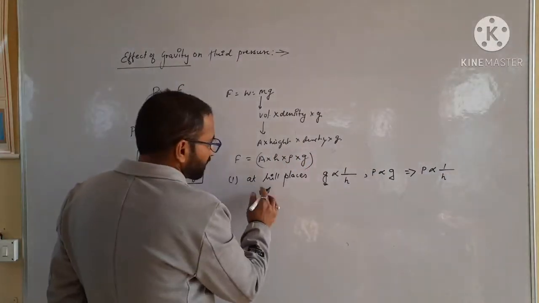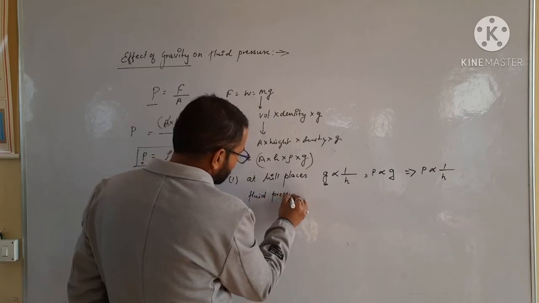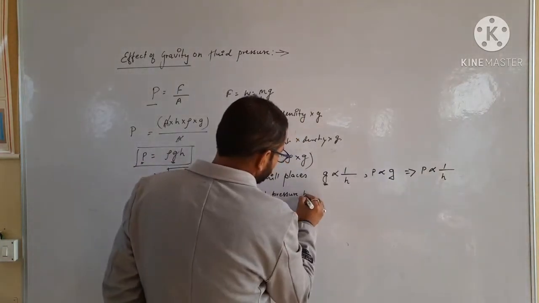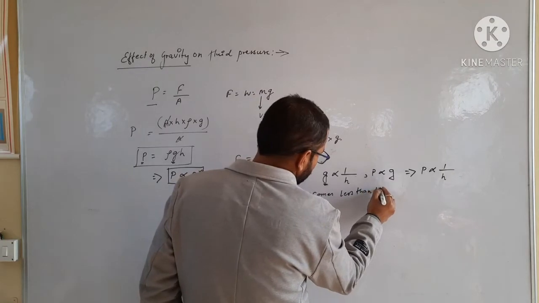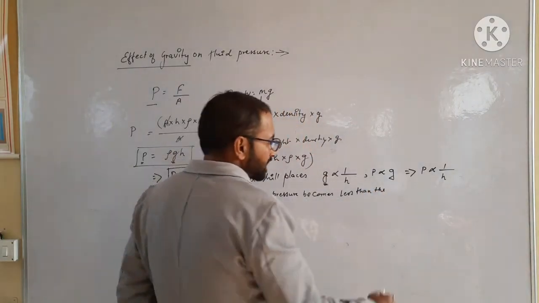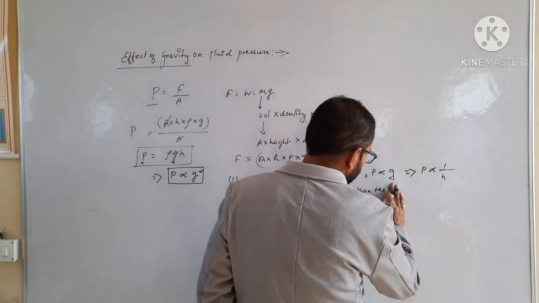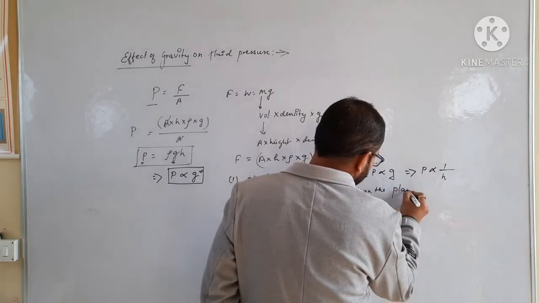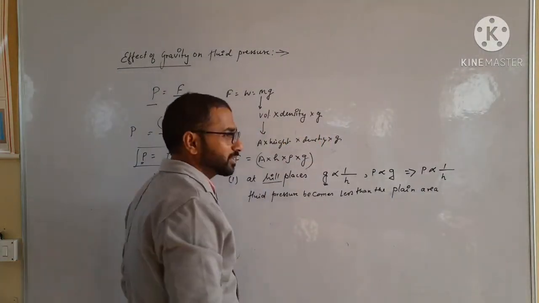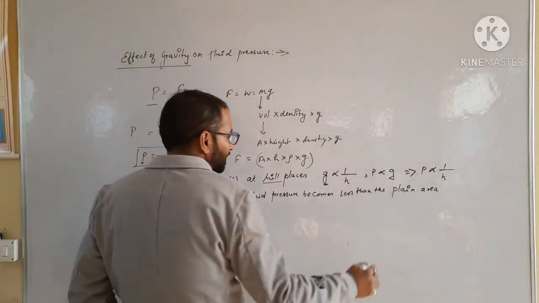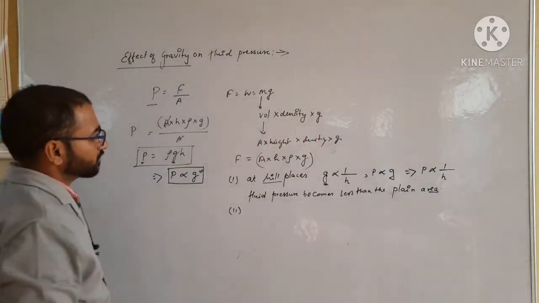Means at hill places the fluid pressure becomes less than the pressure in the plane areas. We are talking about hilly areas, and this is our plane area. Point clear? And the second thing,